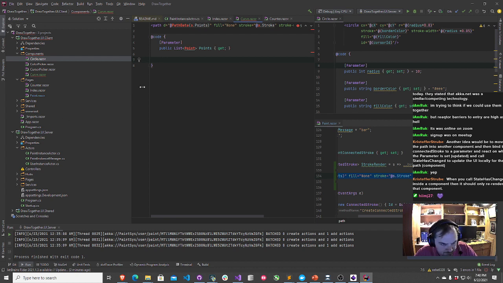And then, let's see, we have public string group. And then, excuse me, we also have stroke width.